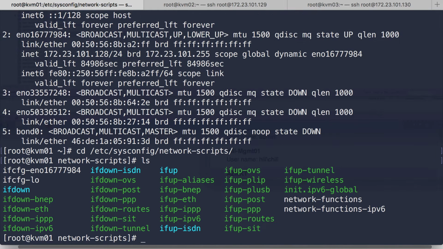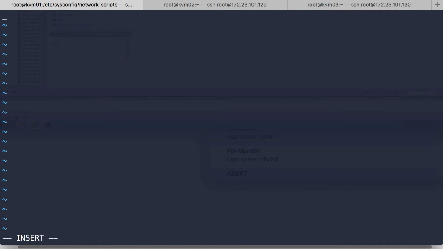And we'll have a network script in here for each one of these. So let's do a vi, and we will create an ifcfg script for ENO 33557248. Let's make sure I didn't mess that up. That's, yep, and I did. ENO 33557248. Okay. So what we want to do here is create a DEVICE equals,